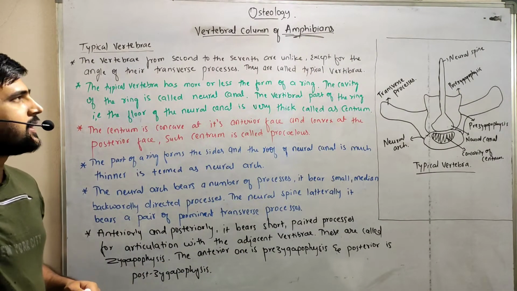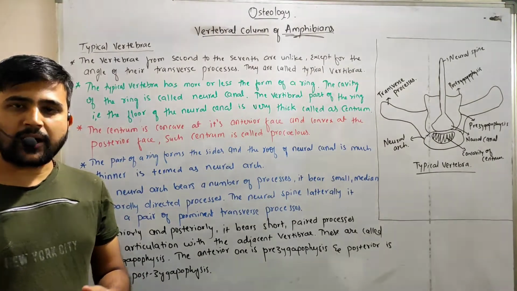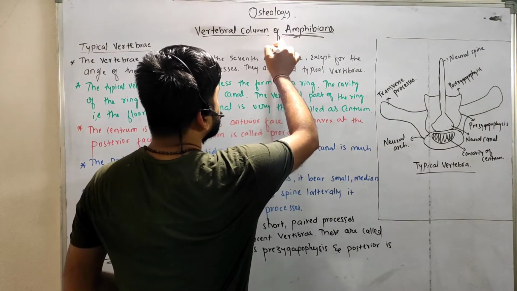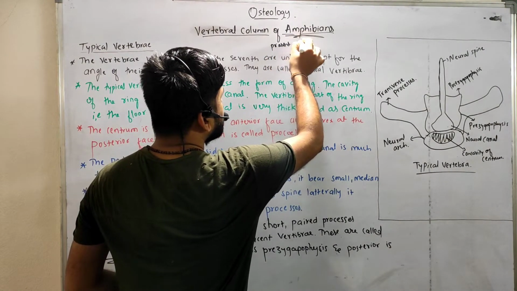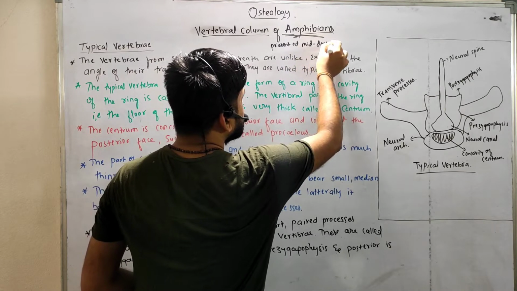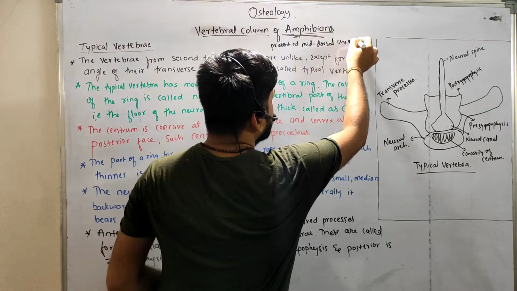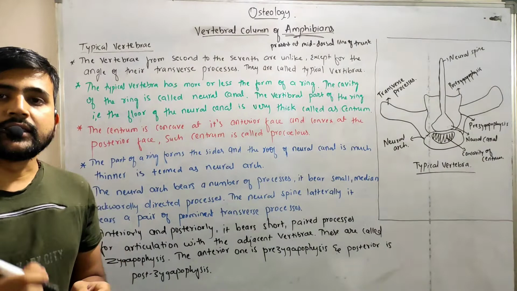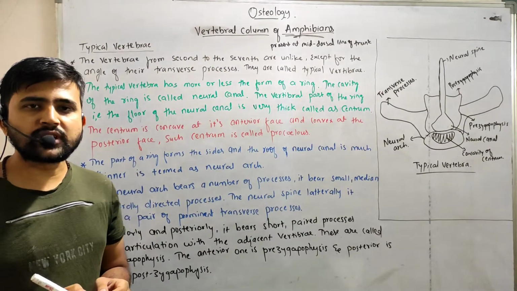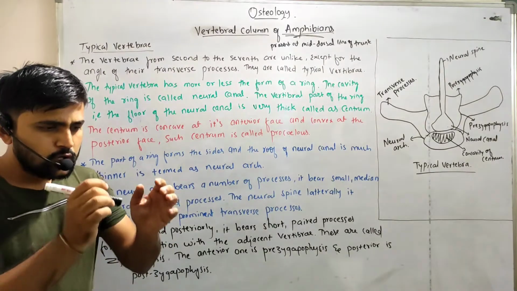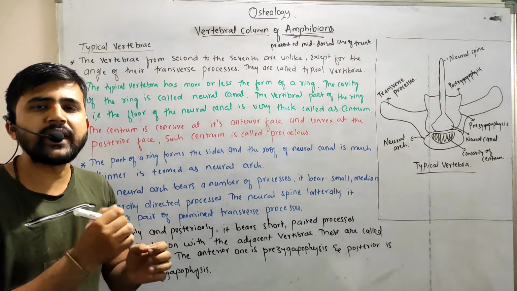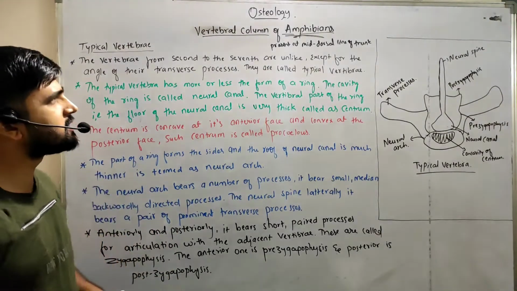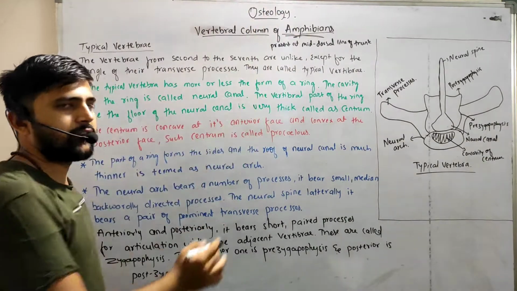In the case of amphibians, the vertebral column is present at the mid dorsal line of the trunk region. At the trunk region there are 9 bones present. Those 9 bones are similar to a ring-like structure. Those 9 bones are arranged one behind the other, and this arrangement forms a column-like structure. That column is nothing but the vertebral column of the amphibians, right?